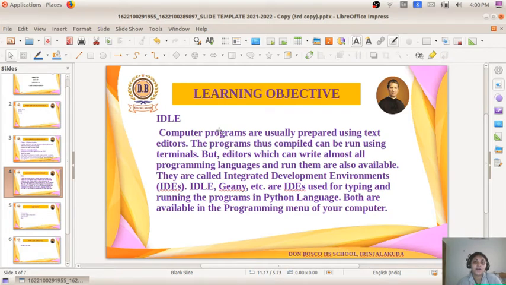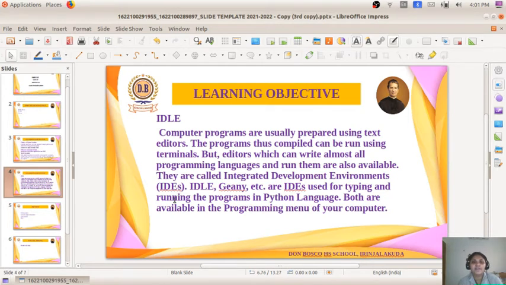Okay, before starting Python graphics, you have to study about IDLE. To type or run a program, we need a platform. Normally for all programs, for compiling and running, we need a platform, and it is known as an IDE, Integrated Development Environment.